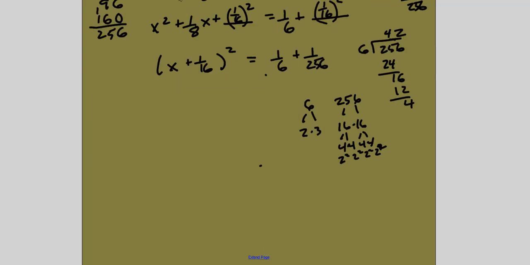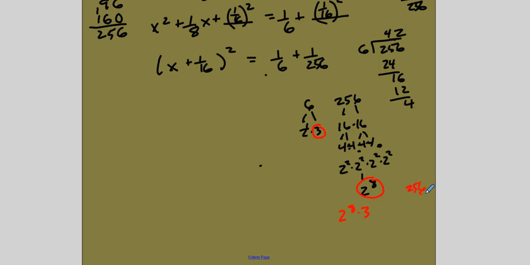It's a little hard to read that. So I have 4 times 4 times 4 times 4, but to break it up into prime numbers, that's going to be 2 to the second times 2 to the second times 2 to the second times 2 to the second. But I've got a total of 8 2's multiplied together, so 256 as a power of 2 is 2 to the 8th. This is 2 to the first, so to get the least common denominator using prime factorization, we take the highest power of each factor that we see. So the least common multiple is going to be 2 to the 8th times 3, which is 256 times 3,